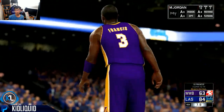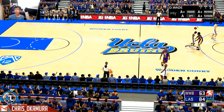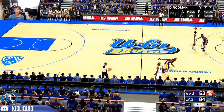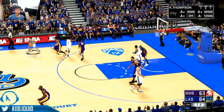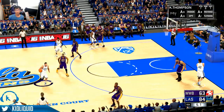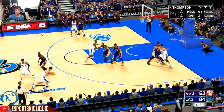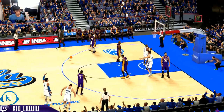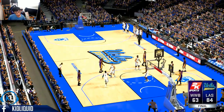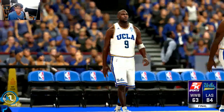Fouling like that isn't how you get back in the game. Looked to me like just a frustration foul. It really kind of sums up the game they're having in general. 7 seconds left in the fourth quarter. Thompson outside. So it's Los Angeles winning this one easily. And the outcome of this one was never in doubt. And boy, they really put in